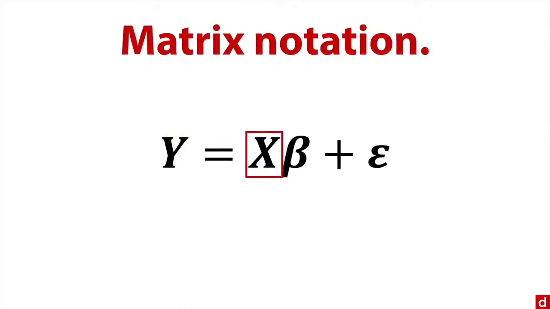This bolded x is the entire matrix of values that each person has on each variable. This bolded beta is all of the regression coefficients. And then this bolded epsilon is the entire vector of error terms. And so it's a really super compact way of representing the entire collection of data and coefficients that you use in